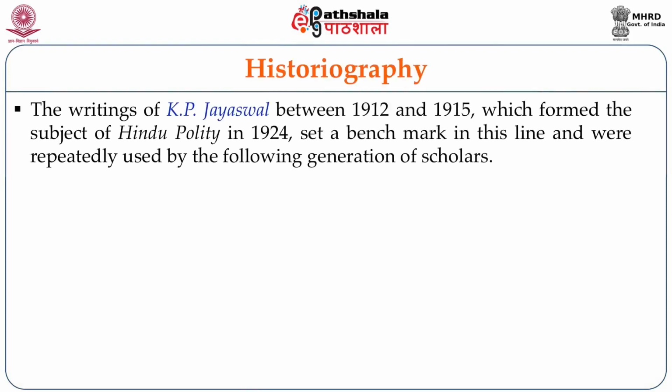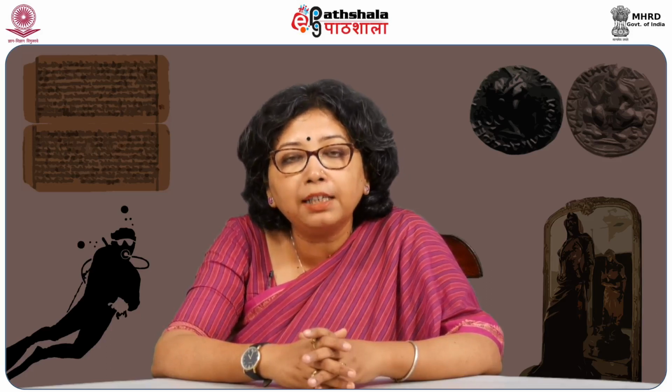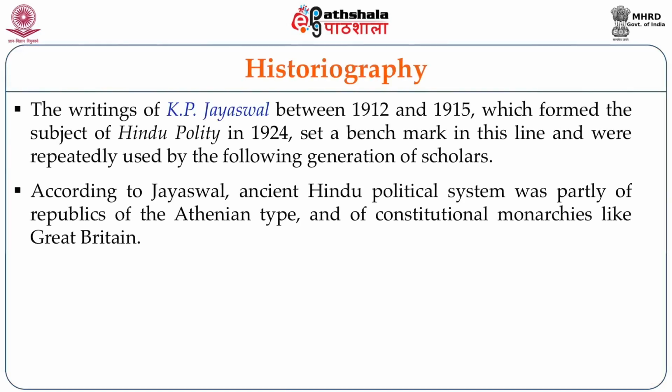The writings of K.P. Jaiswal between 1912 and 1915 formed the subject of his famous book The Hindu Polity in 1924, and it set a benchmark in this line and was repeatedly used by the following generation of scholars. K.P. Jaiswal was deeply a nationalist historian, and when he was talking about the Ganasanghas, the non-monarchical powers, he felt that these were actually the democratic kind of government which was there in Athens. According to Jaiswal, the ancient Hindu political system was partly of republics of the Athenian type and of constitutional